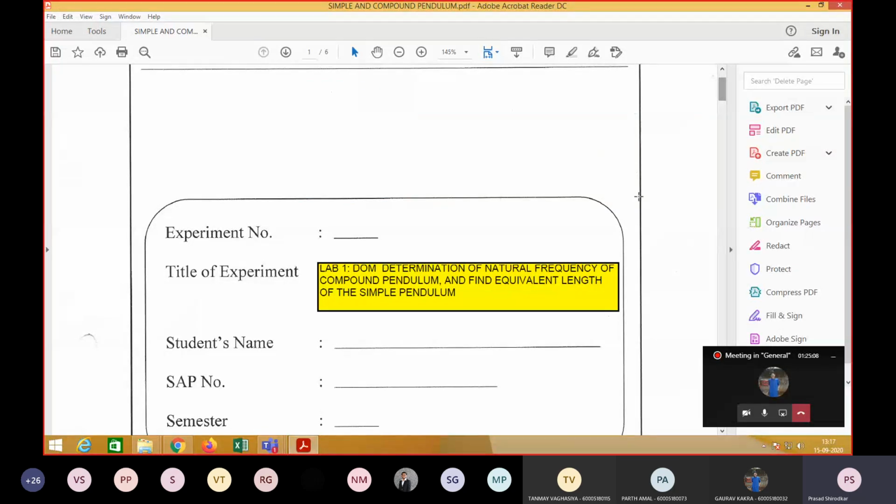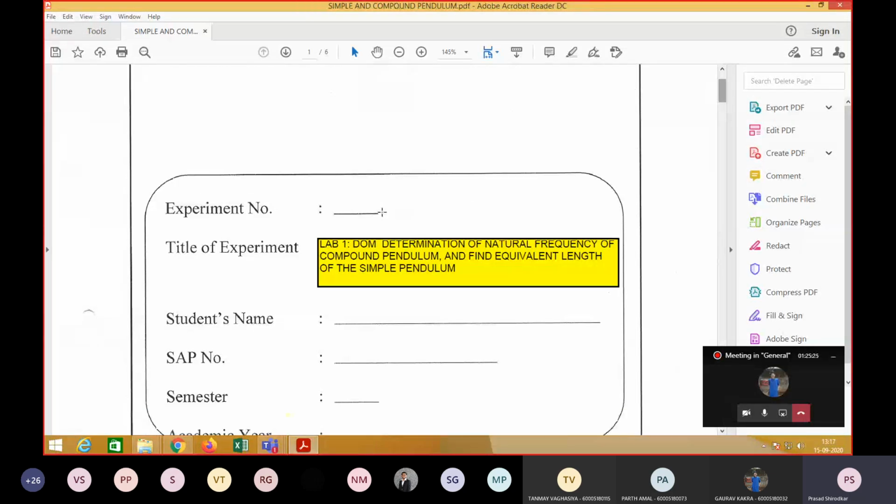So this is your lab number 1 for DOM determination. All of you are able to see the PDF on the shared screen? Yes, sir. Okay, so today is your first lab session, that is for DOM, the determination of natural frequency of compound pendulum and finding the equivalent length of simple pendulum. All right, so this is your